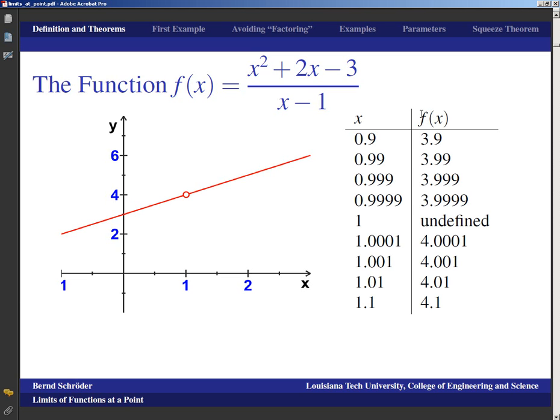And if we do that with a table, we can take values x that are close to the left of 1, like 0.9, 0.99, 0.999, 0.9999, and values that are close to the right of 1, like 1.1, 1.01, 1.001, 1.0001. And we can't plug in 1 itself, because at 1 the function is undefined, but as we get really, really close to 1, our output values get close to 4. So graphically, as well as numerically here, we see this idea of a limit is that as our inputs approach the limiting point, our outputs are supposed to approach the limit, which in this case looks very much like it